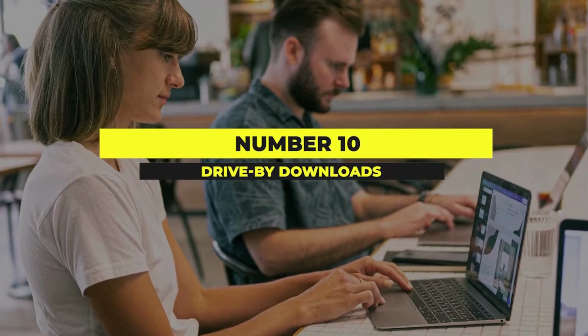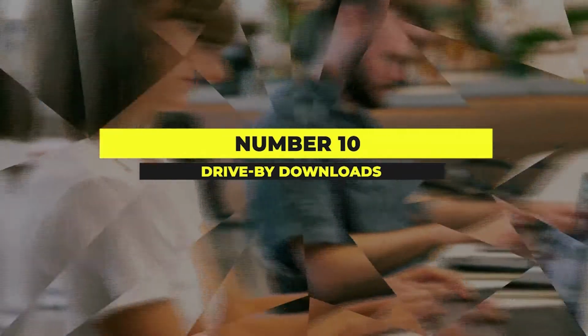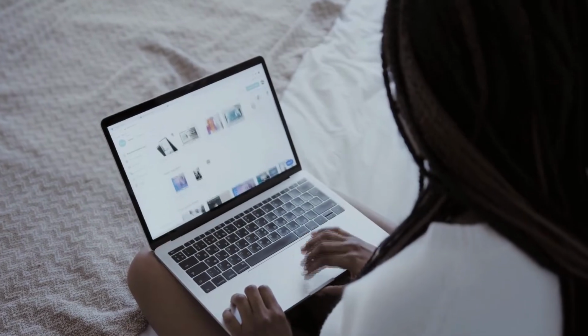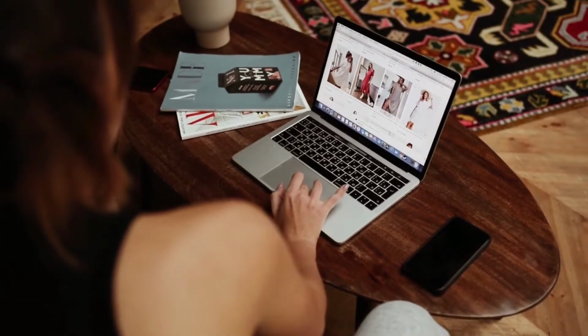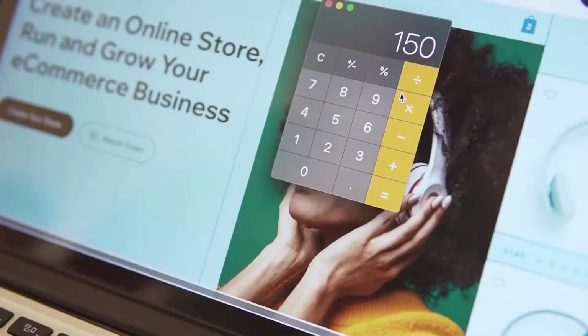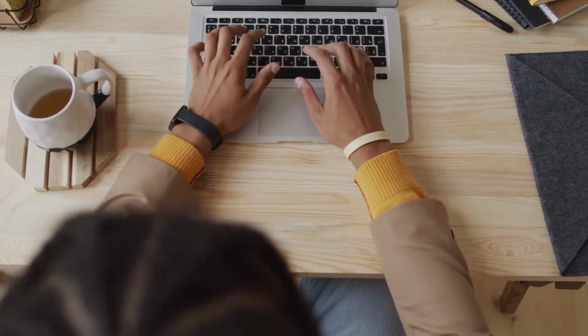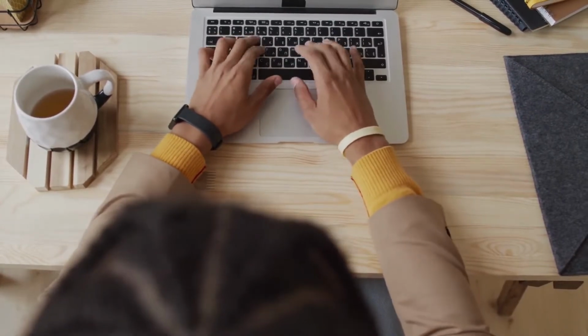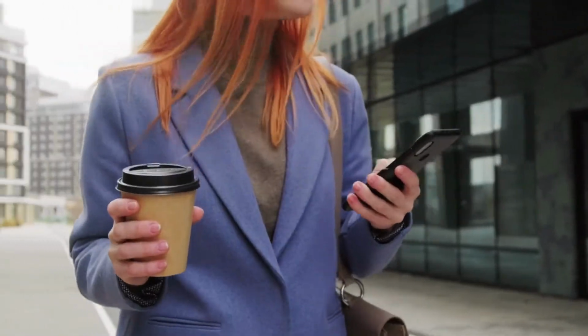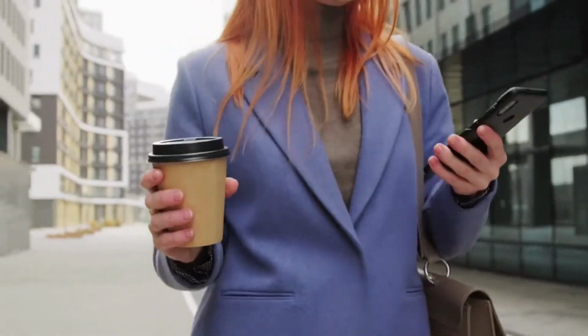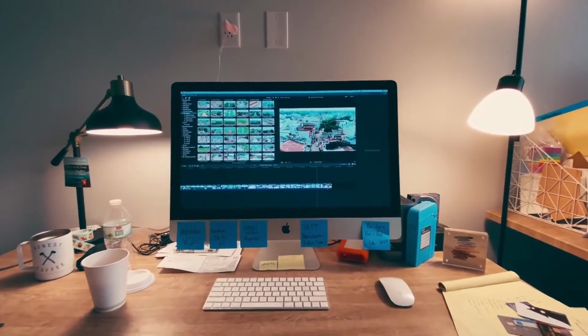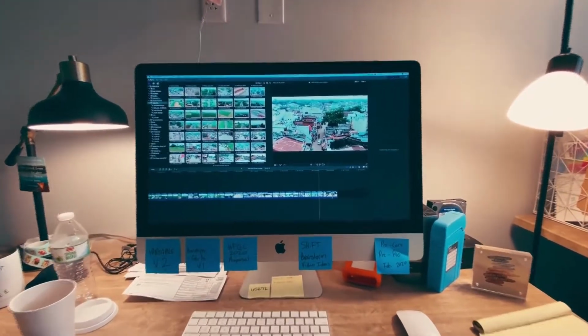Starting off at number 10, we have drive-by downloads. This is a scary term, and it is, because it can happen when you visit a website that you would typically trust. If you visit a hacked website, it may appear to be operating normally, but it could be surreptitiously scanning your computer or mobile device for known vulnerabilities, installing malicious software via whatever vector it discovers, and then having complete control over your computer or mobile device, stealing your data, monitoring your activity, secretly observing you via your webcam,